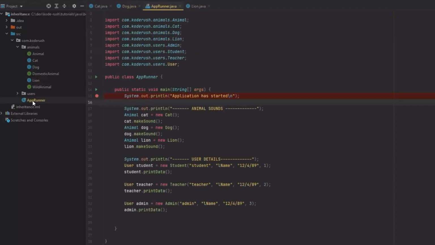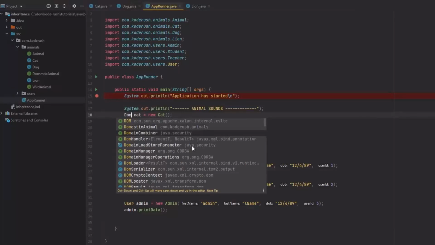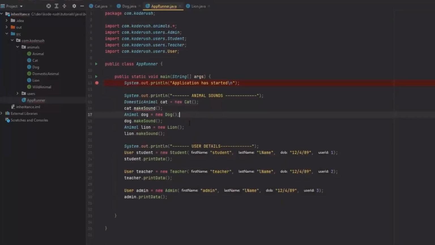So something powerful that we can do now is here I can come and convert this cat to be of type domestic animal. Now note,